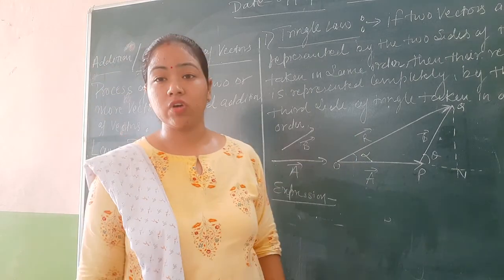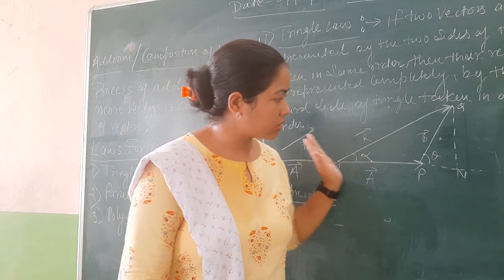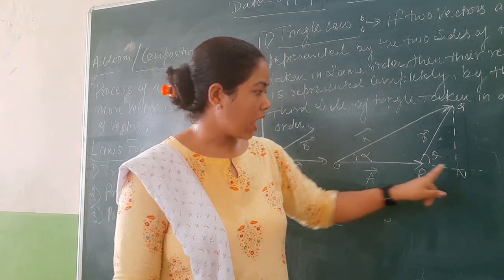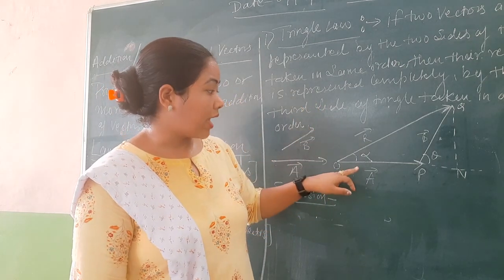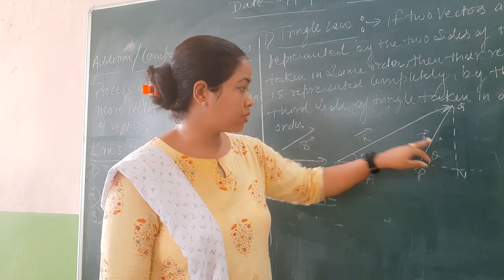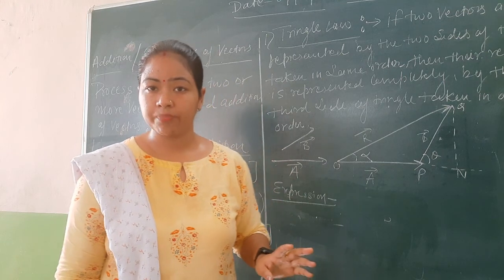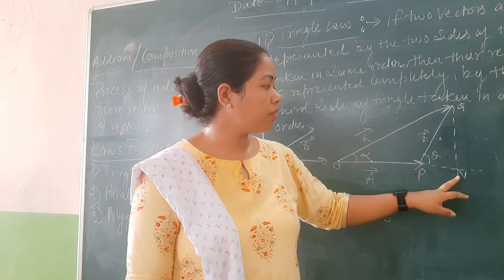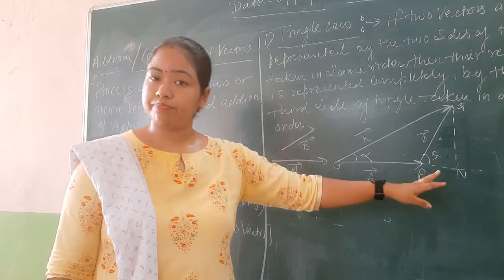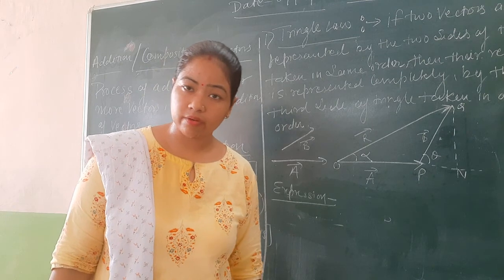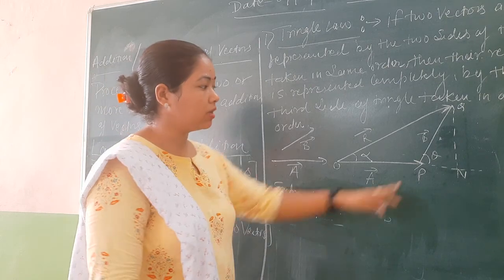Now for the expression, what we are going to do is drop a perpendicular here, right? We carry forward this line, meeting at the point M, right? Now this line is of the A vector, this is B and this is R, but QN line is unknown for us and PN line is unknown for us, right? So very first we will calculate the value of QN and PN, right? To calculate the value of R, how will we calculate the value of QN?